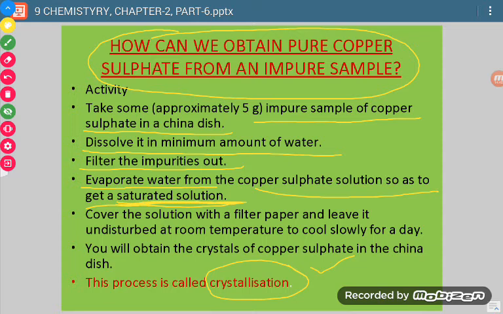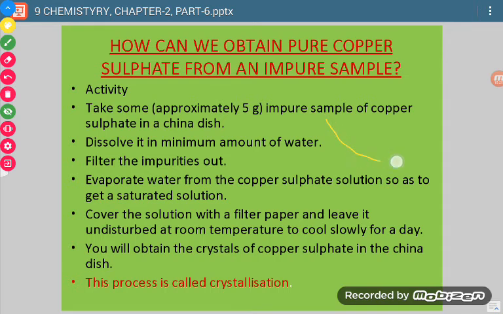So we have to take the impure sample, dissolve it in water, then concentrate it to form a saturated solution. And then we will leave that saturated solution for a few hours, and we will allow it to cool, and we will not disturb it. We will keep this saturated solution at room temperature to cool slowly for a few hours, it may be a day. Then we will find that there is presence of, just like this is the china dish